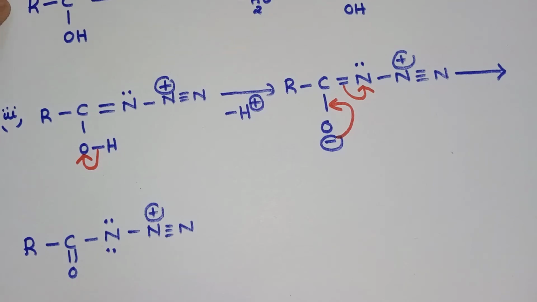So, after shifting of the electrons, we get this one, students, R, C. Look here. There forms a double bond, C double bond O. Now, single bond N, 2 pairs of electrons and triple bond N plus. Okay. Now, here takes up